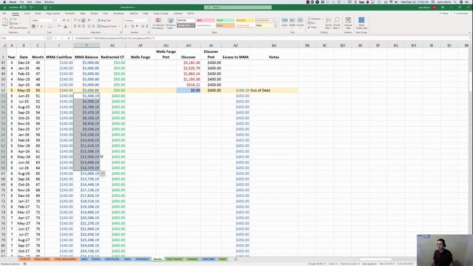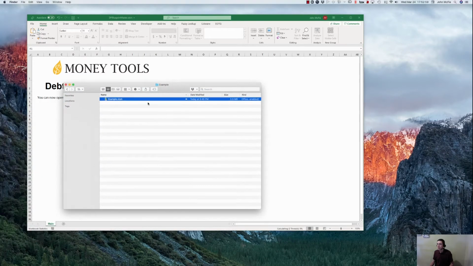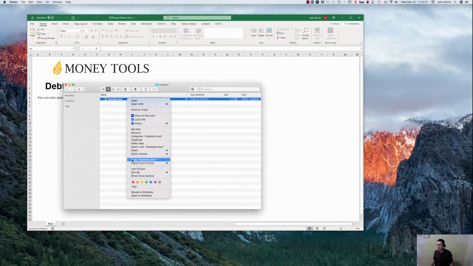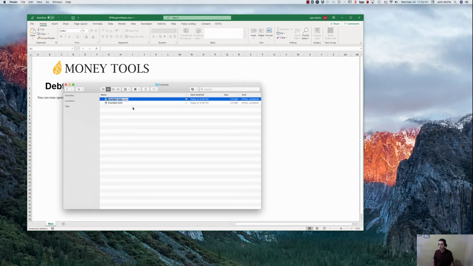So we can do apples to apples comparison. Now it's time to add the policy. We're going to do this in a separate case file. I'm going to close this case file out, and then we're going to copy it from right here. We'll paste it in the same location, and we'll name this number 2